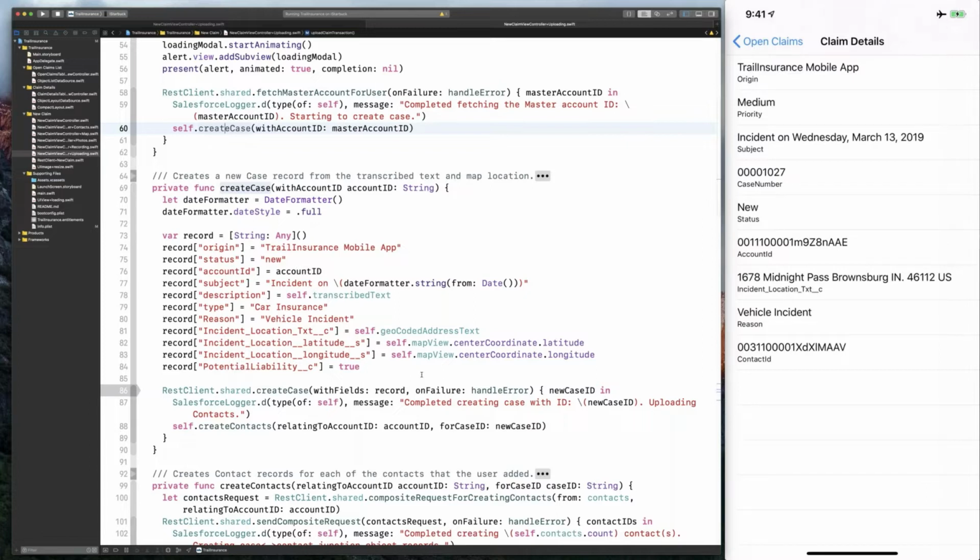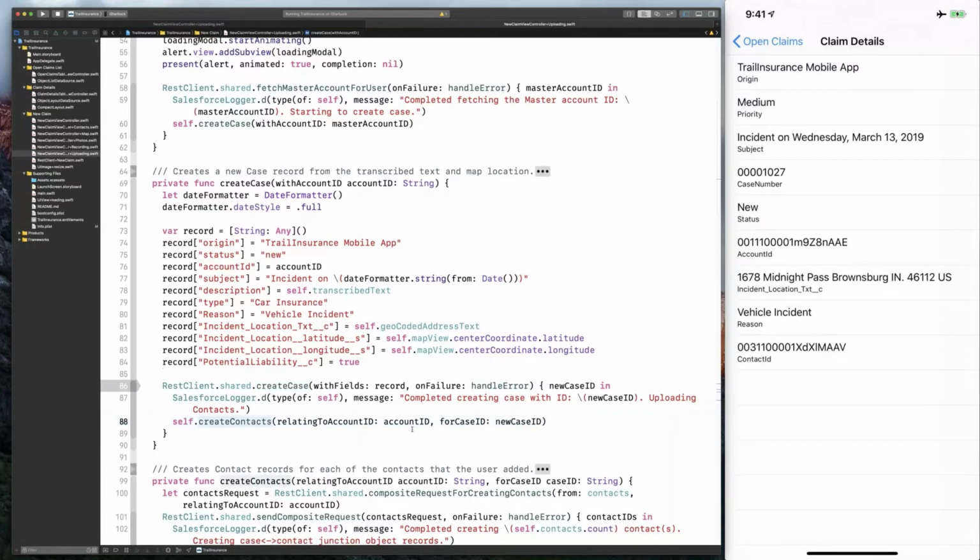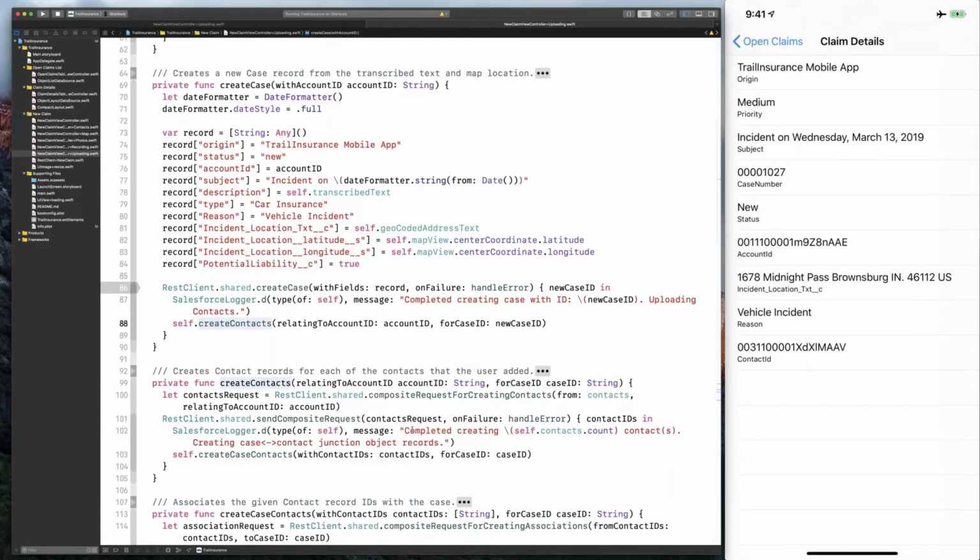And we're going to take all that information and submit that with the create case method down here. Now this is a create case built into the SDK. And when we get done with doing that, we're going to call this create contacts method. Now the create contacts method is going to turn around and create a contact